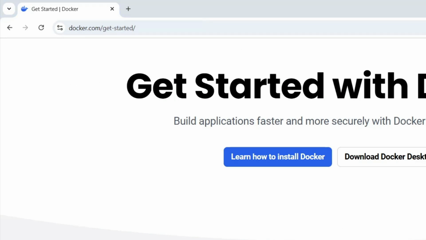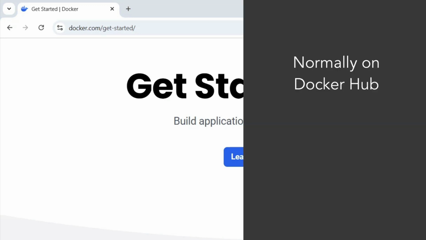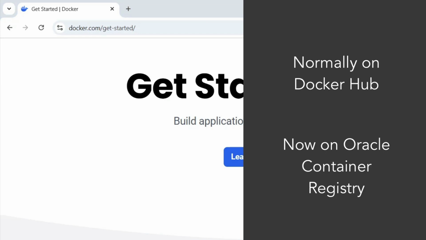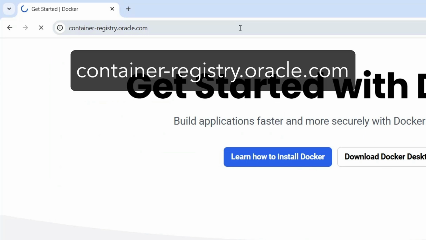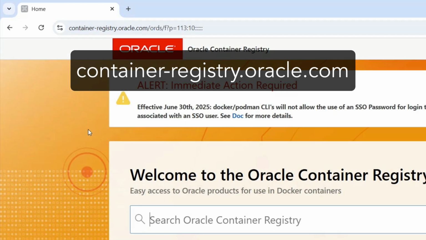The files that Docker uses to run applications are called images, which are a pre-built collection of files. Normally, these images are available on a website called Docker Hub. However, Oracle has removed their image from Docker Hub and has added it to its own container registry. Let's look at how we can get the image from there. Go to the container registry URL, which is